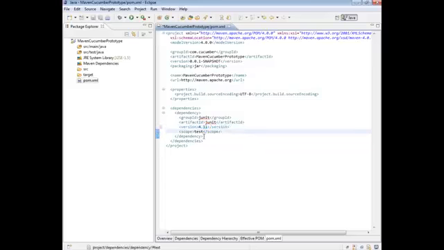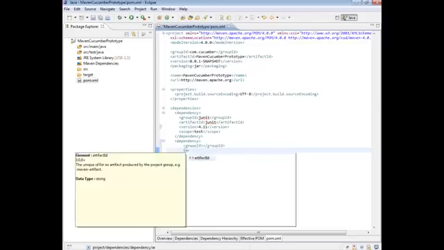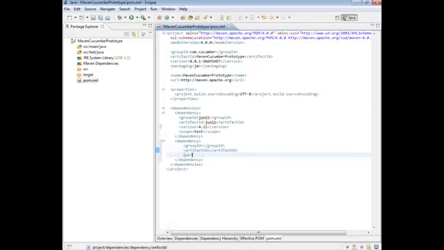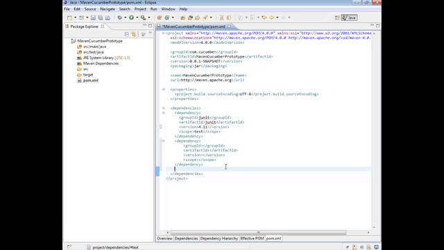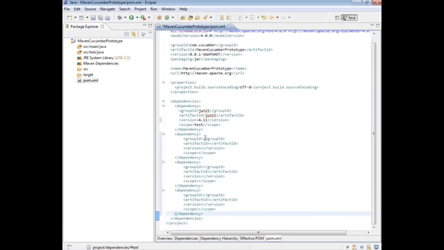We also need the cucumber jars, and to do that we will create a new dependency tag, and in here we are going to need a group, an artifact ID, a version tag, and scope. We're going to need 3 more jars, so really quickly, I'm just going to copy this 3 times. Okay. The first one we need belongs to the group ID of info.cukes,